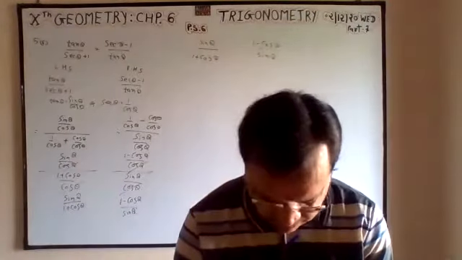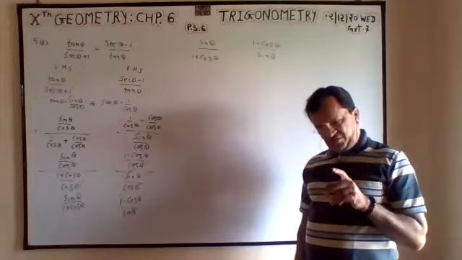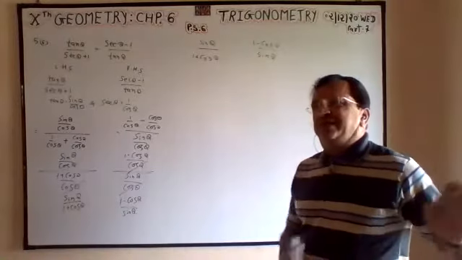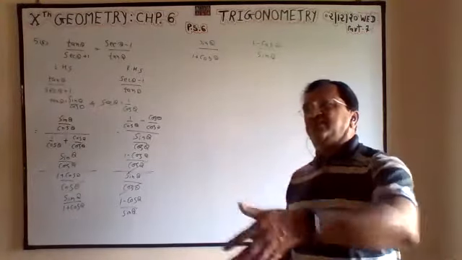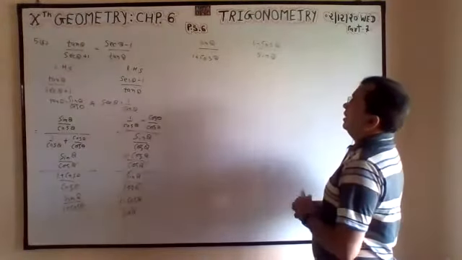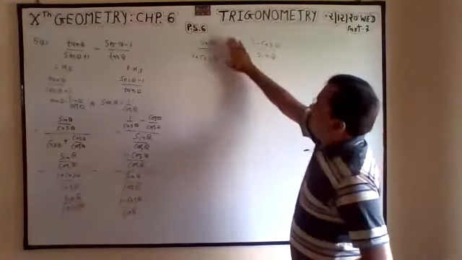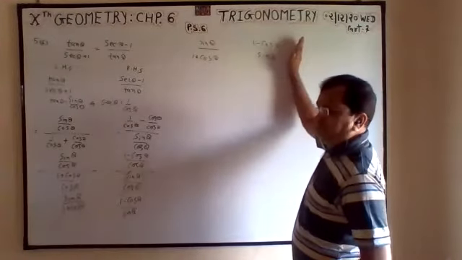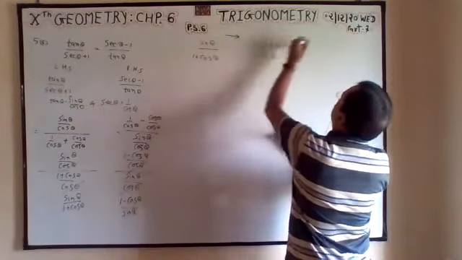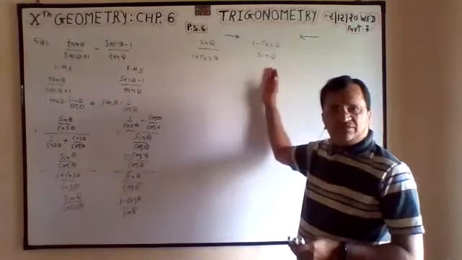I am explaining both the methods, and for the method you will get the steps from the question only. You no need to remember this particular solution, that after these steps we have to multiply and divide by this. Don't mug up, you will get the answer. In this I want to convert into this. First I will try to convert left is equal to right, then I will show right is equal to left. From this I want to convert in this.